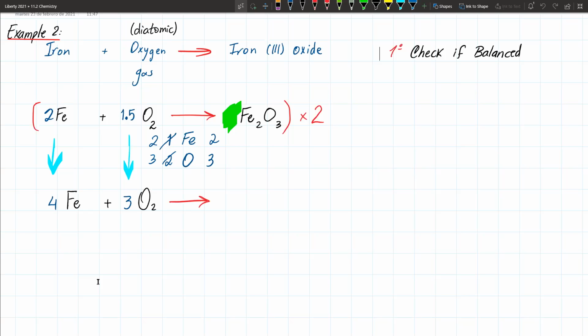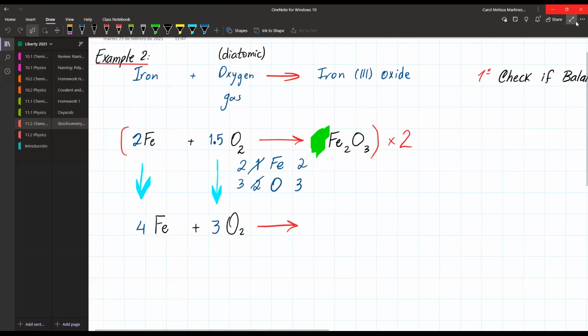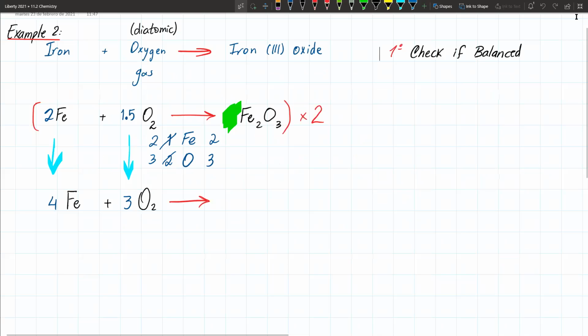Times 2 is going to give you 2. Invisible 1 gives you 2, like that. Now that it's balanced, now that you checked that it's balanced, what we have to do is